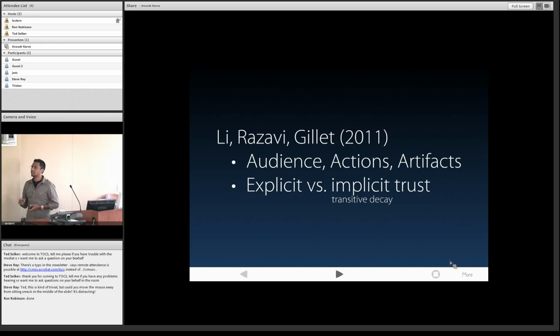But the idea here is that suppose two of us are not friends on Facebook, but we happen to comment on the same post. Have we established some form of implicit trust? Suppose that we both know the same people, two of the same people, three of the same people. To what extent does that now imply a relationship between these two people? And I think the next generation of social networks will at least start handling these questions, and you expect a kind of transitive decay. If we both know the same person, that is a stronger implicit tie than if I know someone who knows someone who knows you. Is that a fair point?